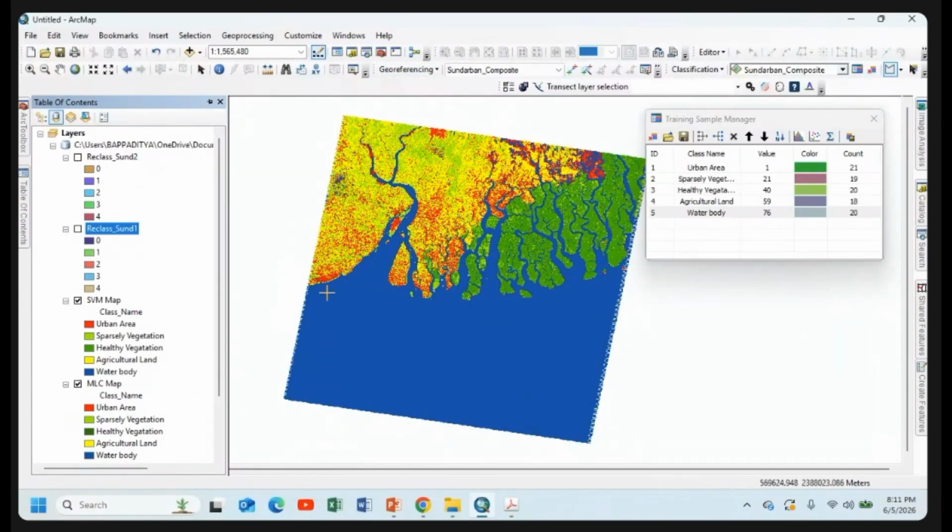This is the final map of MLC and SVM. Now you can easily frame this map according to your requirement. If you want to go with the MLC map, you can frame this MLC map. If you want the SVM map, you can do that, as well as the MLC frame map. So this is our final outcome for today's hands-on training. SVM and MLC comparison. SVM is much more accurate and precise for LULC classification in recent research conditions.